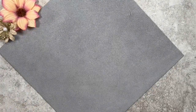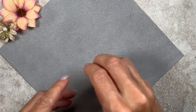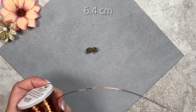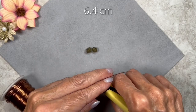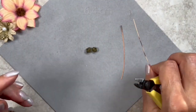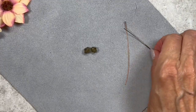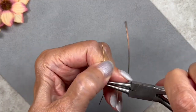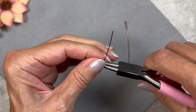And now we're going to build 2 other smaller components. You're going to need 2 bicones, and you're going to need 2 2.5-inch pieces of 20 gauge wire. And it's the same thing, guys. We're simply going to kink the wire, like this, form a loop,